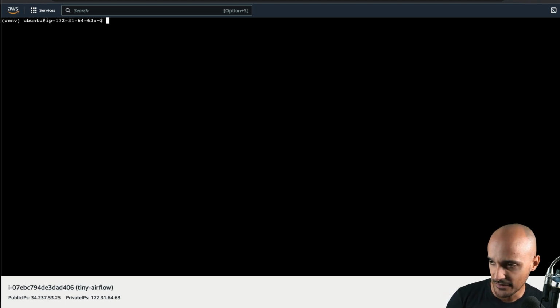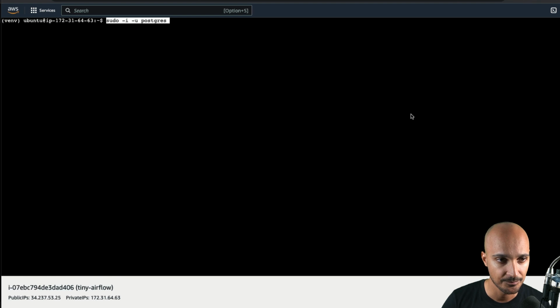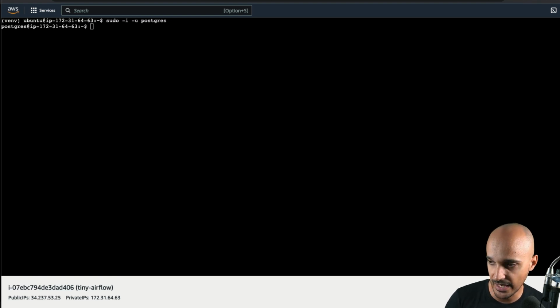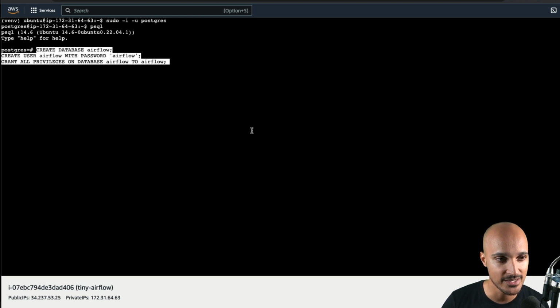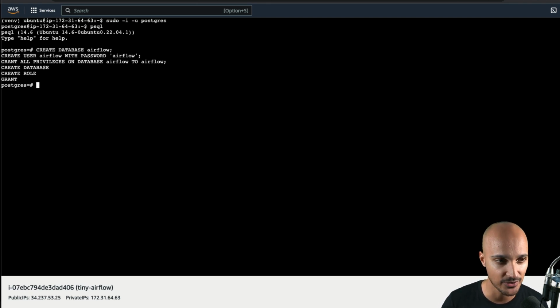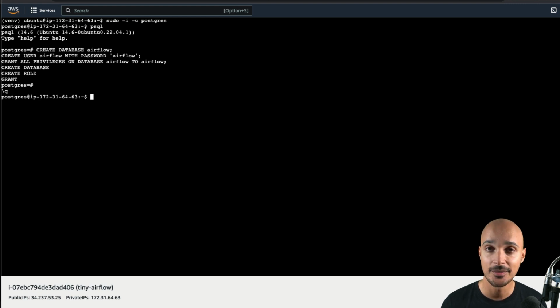So let's do that. For this, you can use the following command in order to use Postgres and execute psql to connect to your database. From there, you have 3 requests to execute, one to create the database, another one to create the user Airflow with the password Airflow, and the last one to grant privileges to that user with the database Airflow. So hit enter in order to execute all of the 3 requests, and you are good to go. Hit Ctrl-D twice in order to exit psql as well as the Postgres session, and now you are back to